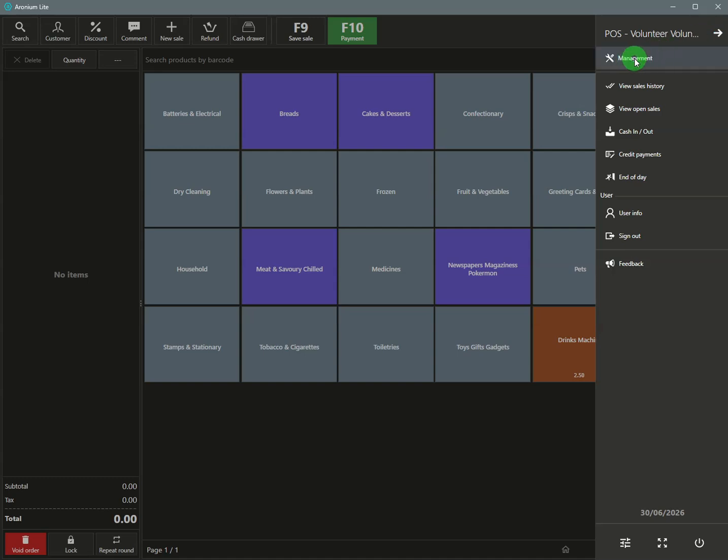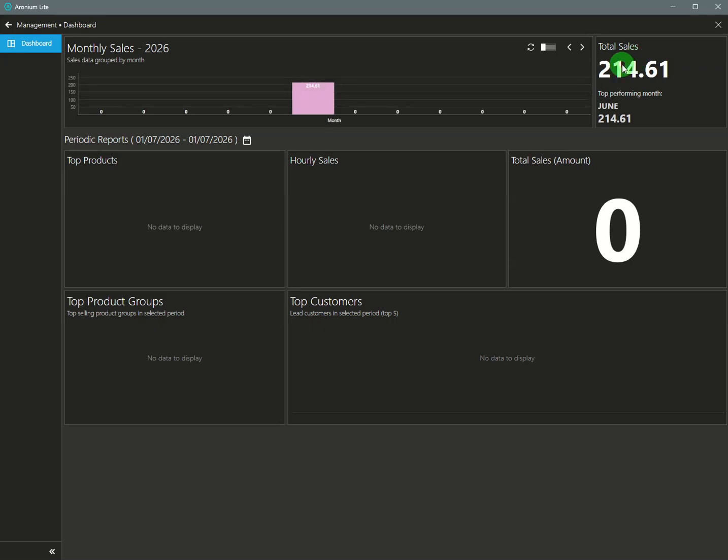So if I click management now, it'll take me to the dashboard where we can see the products, the hourly sales and so on and so forth, which aren't showing here because we haven't made that many. So we can all have a look at that,